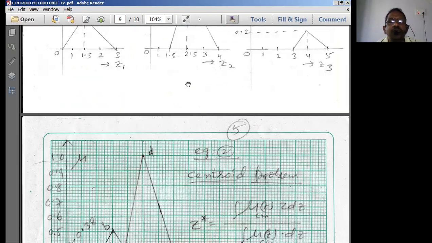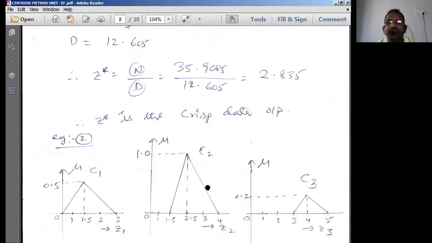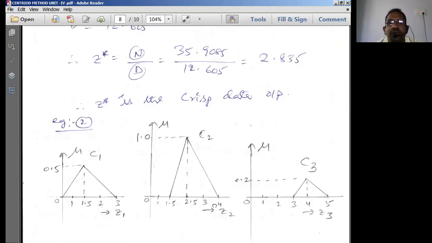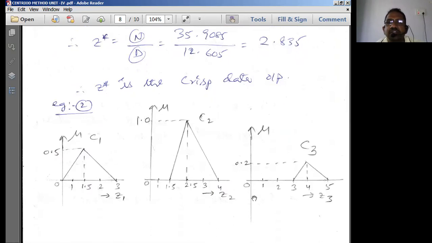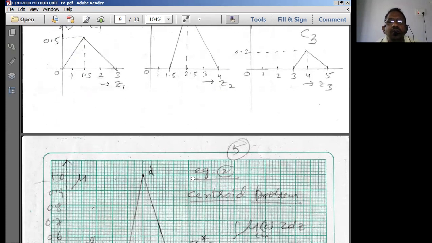So let us try another example using a triangular function. There are two popular functions of representation in a fuzzy set: one is trapezoidal, the other is the triangular membership function. So now we'll go with the triangular membership functions. Let us imagine that these three are the fuzzy sets given to us, and these three fuzzy sets have been combined by using the union operation. After the union operation, we get a relational matrix, which is a union of all these three fuzzy sets.